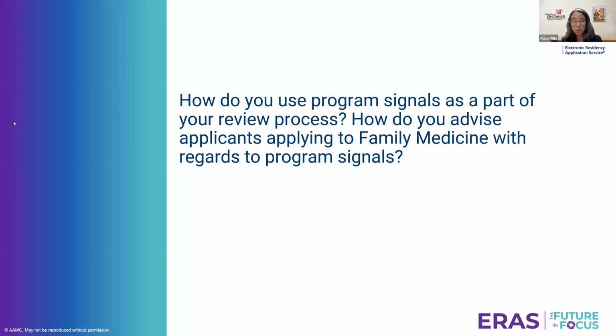Similarly, when it comes to program signals, in specialties with a small number of signals like family medicine and pediatrics, I recommend that most of your signals be used for programs that you're interested in and are fairly competitive for. Determining your competitiveness, of course, is the tricky issue. I suggest looking at databases like Residency Explorer, and I've heard that some exciting updates are coming in August with Residency Explorer. And of course, talking with an advisor, a faculty member, or a mentor.